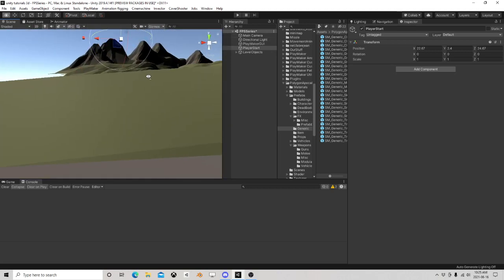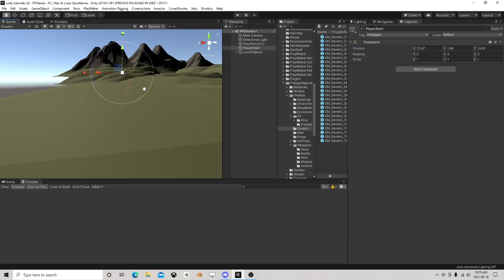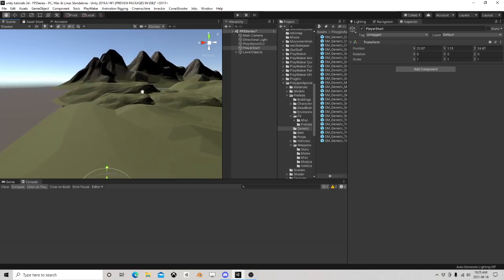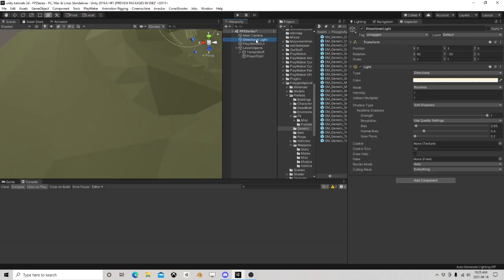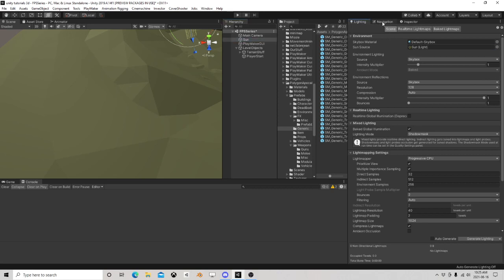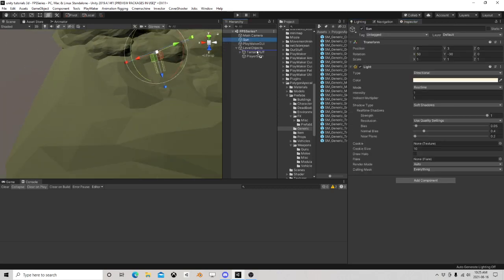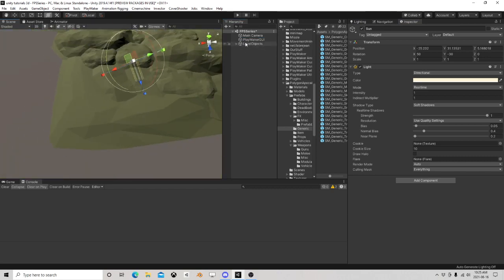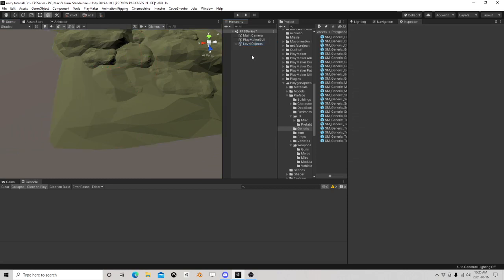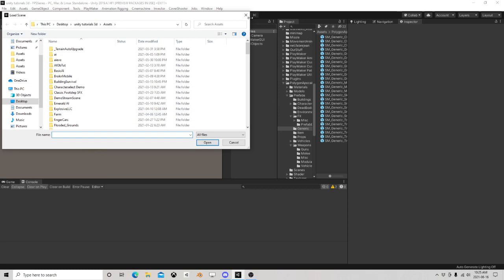And let's just make sure he is roughly there. Alright, stick him there. Call this guy our sun. Go to our lighting, stuff him in. Bring him down here, I suppose. And so far so good. Those are level objects. And save and open. We'll go back to